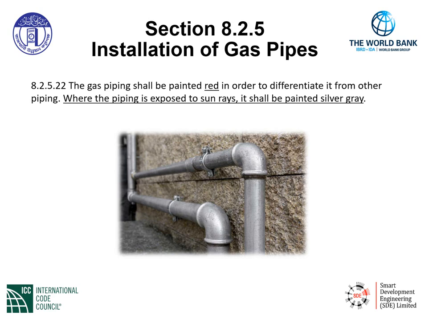If it's inside the building, not exposed to the sun, then we need to make sure that we have red paint to differentiate the gas piping from any other piping. We do not want any undue confusion within the building of some worker thinking that the gas pipe is actually some other system and cutting into the pipe and causing leaks.